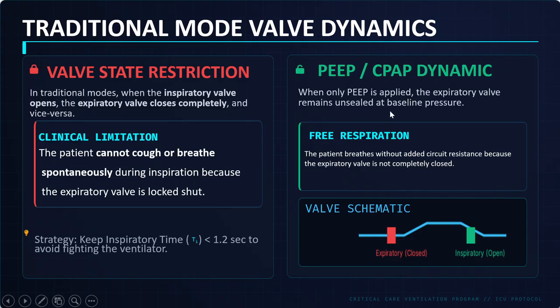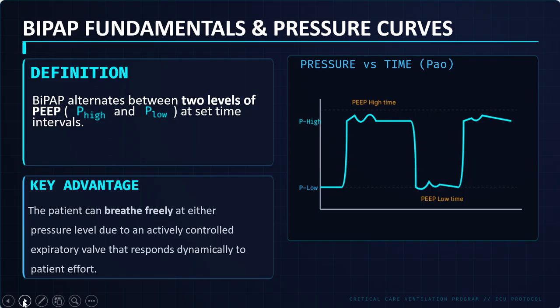In BiPAP and CPAP, when BiPAP is applied, the expiratory valve remains unsealed at the baseline pressure. Free respiration: the patient breathes without added circuit resistance because the expiratory valve is not completely closed. BiPAP fundamentals and the pressure curve. Definition: BiPAP alternates between two levels, P high, pressure high, and P low, pressure low, at a set time